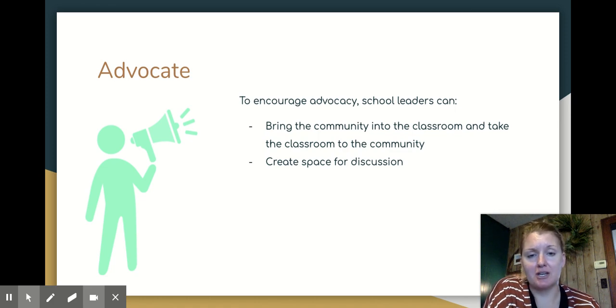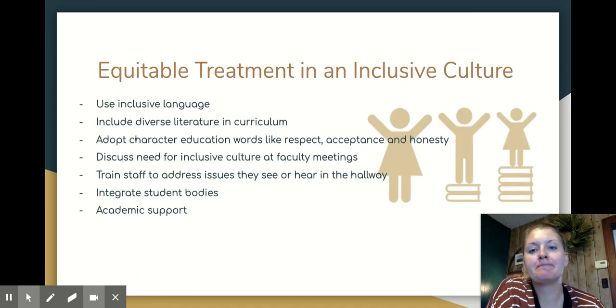Also create a space for discussion. At my last school that I was at, the student council sponsor actually did that. They kind of had just a round table where kids could come in and talk about some of the things that were frustrating them within society. And it was a really just honest, really raw discussion. And the kids really benefited from that, being able to share their frustrations. And I think that really helped a lot of kids kind of open their eyes to see that not everybody is fighting the same fight. And I think that went a long way with a lot of kids.